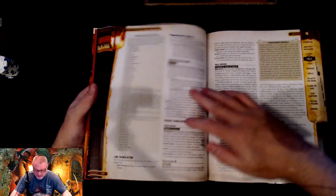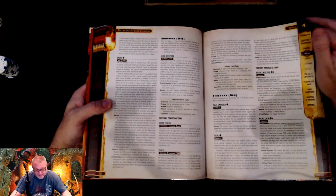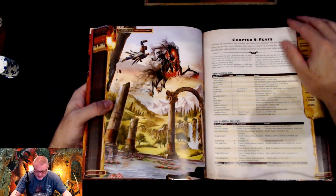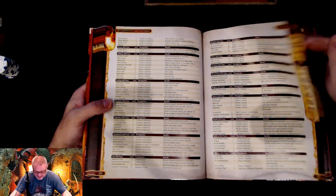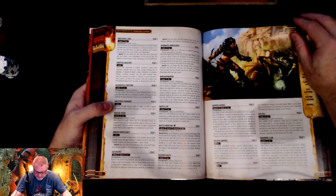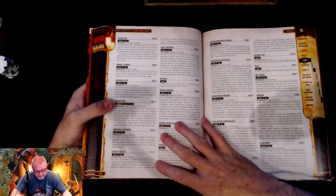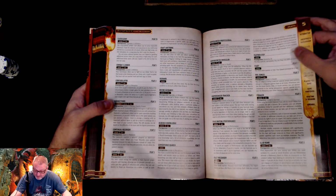Diplomacy, intimidation, medicine, nature, occultism, religion, stealth, survival, thievery, feats, general skill feats, all kinds of different feats for different things: animal lore, battle cry, bargain hunter, catfall, charming liar, die hard, experienced smuggler,